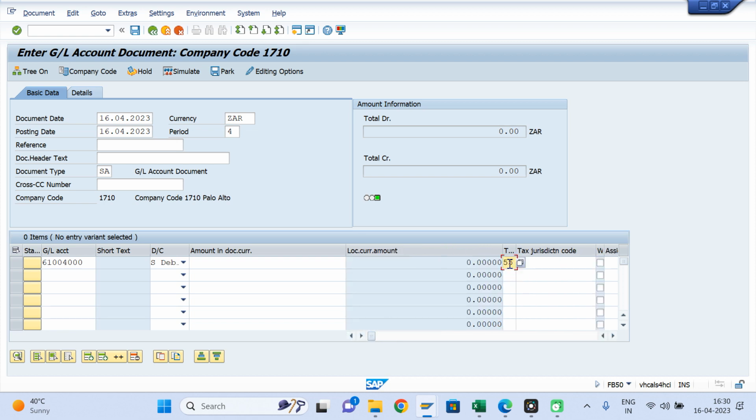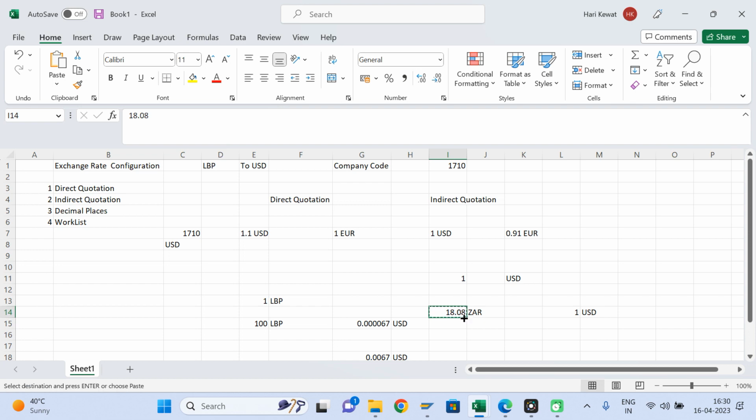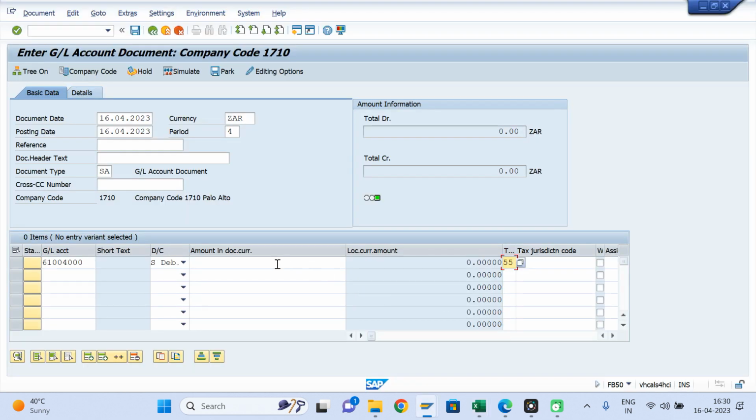Now enter this much value and observe whether 1 USD it is calculating or not. Enter. See here, 1 USD it is calculating. This is my local currency, USD, so 1 USD it is calculating. You got it? How indirect quotation works, and how after posting,